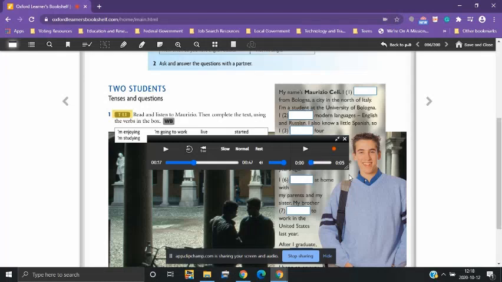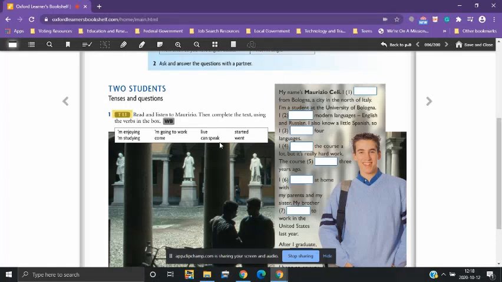There you go. So now you've listened, and the next part of the exercise is to complete the text. So you can close this bar by clicking the X, and you have some choices for what you can write in the box. If I want to write in the box, I click it, and I remember that he said come, so I